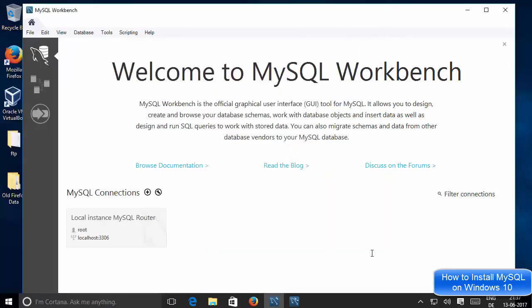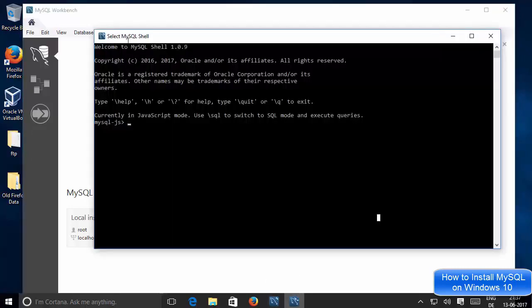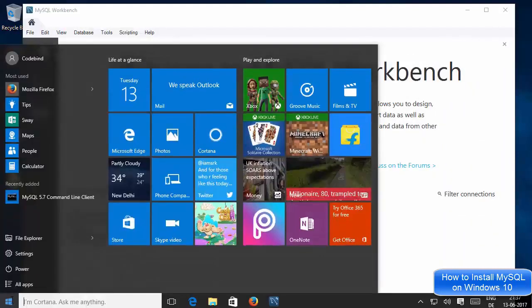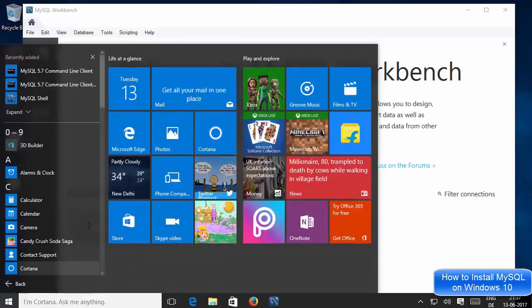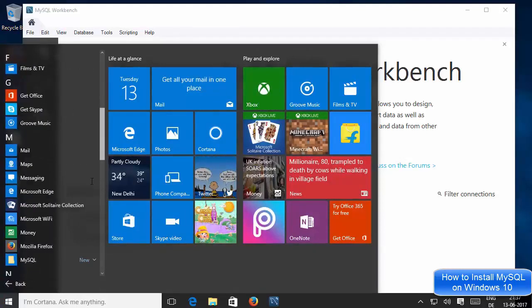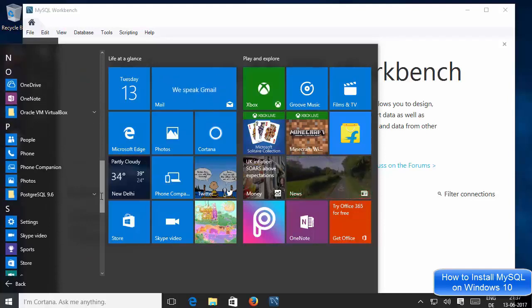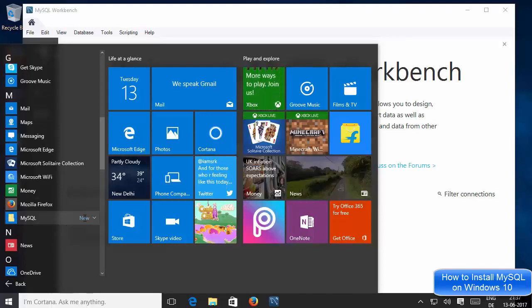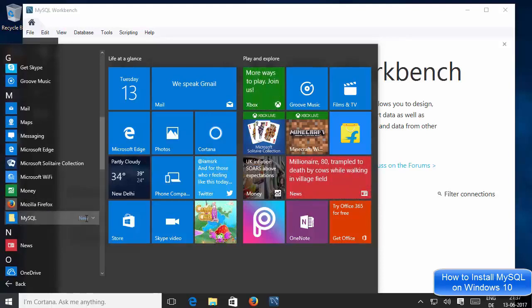So first of all, what I need to do is I want to connect to my MySQL database using the MySQL client. So for now, I will just close this MySQL Shell. And right now I will go to the start menu and then click all apps and go to the MySQL option, which is, let me see where it is, here. And then from here I will open the MySQL command line.